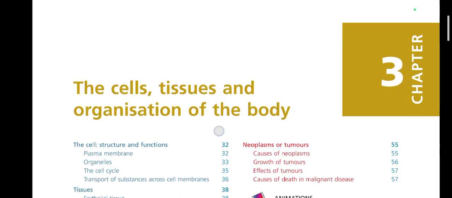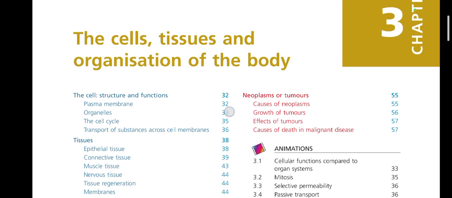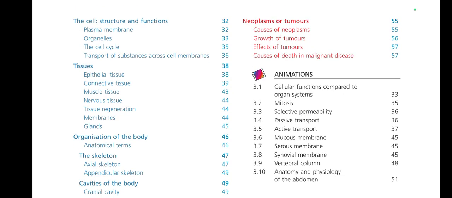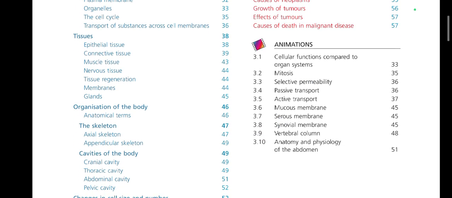In today's topic, we are going to discuss the cells, tissues and the organization of the body. In this chapter, we'll be covering the cell, its structure and functions, the plasma membrane, organelles, the cell cycle, transport of substances across cell membranes, tissues, epithelial tissue, connective tissue, muscle tissue, nervous tissue, tissue regeneration, and